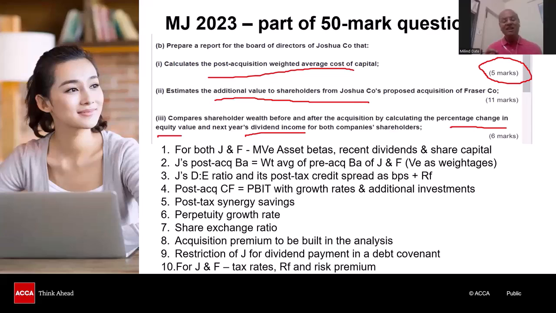So there is a restriction on dividend which is arising out of a debt covenant. And for both the companies, tax rates, risk-free rate, and risk premium related data is given to us. So when you refer to exhibits,